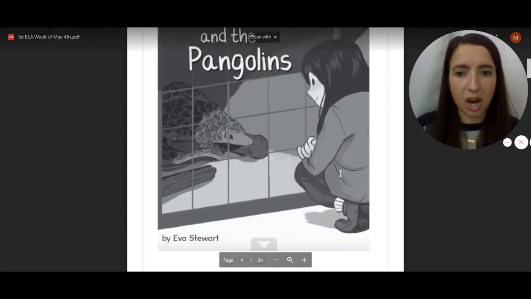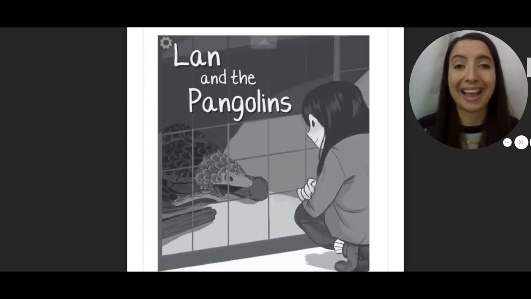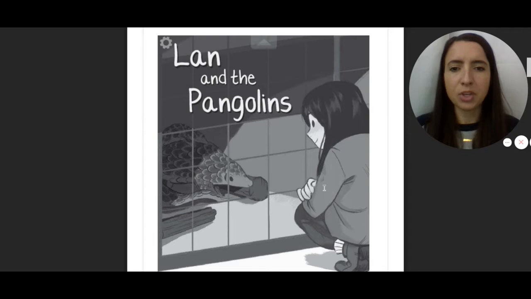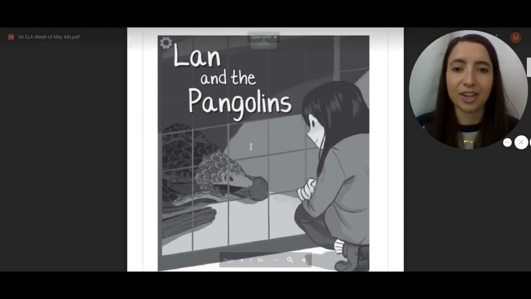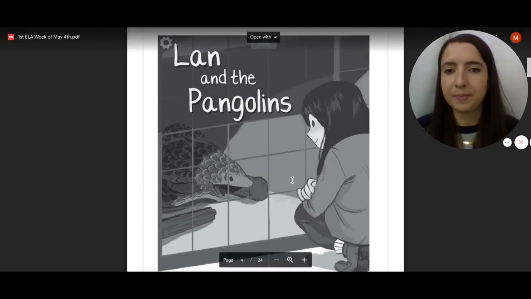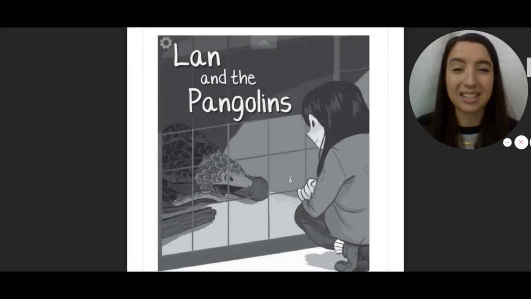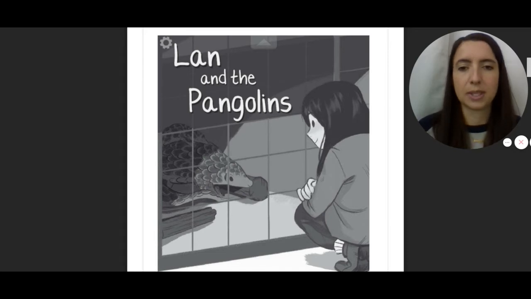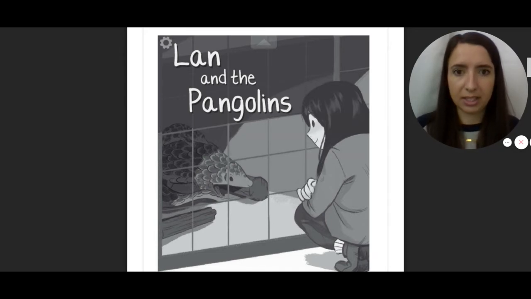Now, before we start, this story is about pangolins. So just a little background information. I actually had to look this up because I didn't know that much about pangolins before we started. You can see on the cover here, this animal that I'm pointing to is called a pangolin. Can you try and say that? Good. What do you see about this pangolin? Yeah, it has scales. It's pretty small. Kind of looks like an aardvark maybe, but has some scales. So we're going to learn about the pangolins, but I wanted you to practice saying the word and know that it's going to be the animal that we're going to learn about. Okay, let's get ready to read.